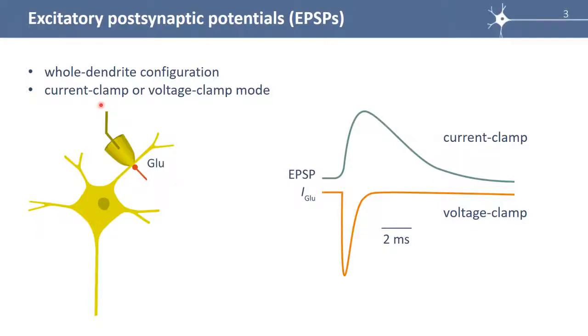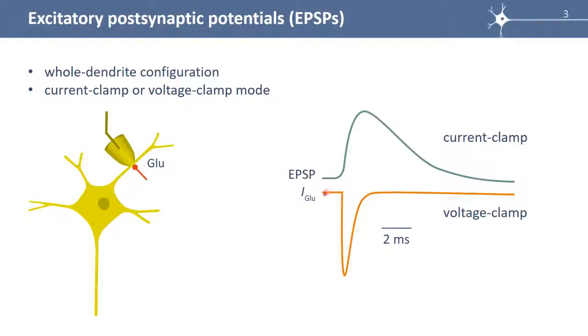We would record this. First, in current clamp mode, we record an excitatory postsynaptic potential. I remind you that it's called excitatory because it's depolarizing, and when it depolarizes the membrane, it has a tendency to open sodium channels at the axon initial segment. So here is an EPSP, and underlying this EPSP is a current that we can record now in voltage clamp